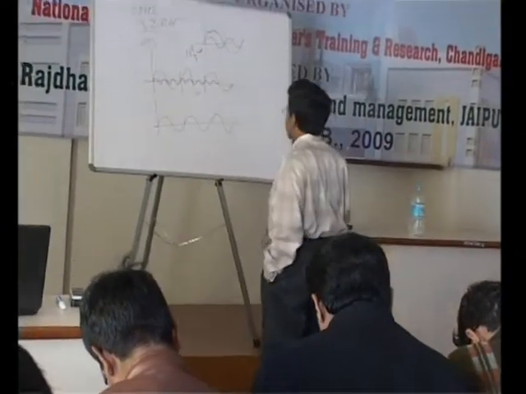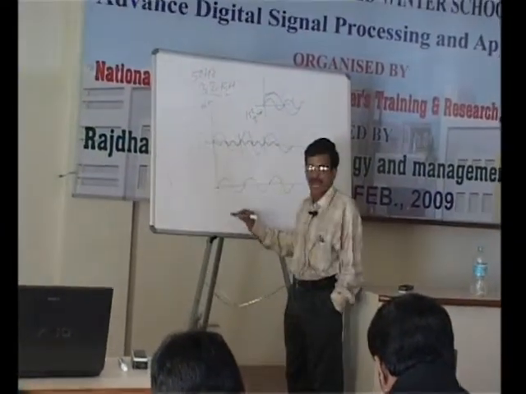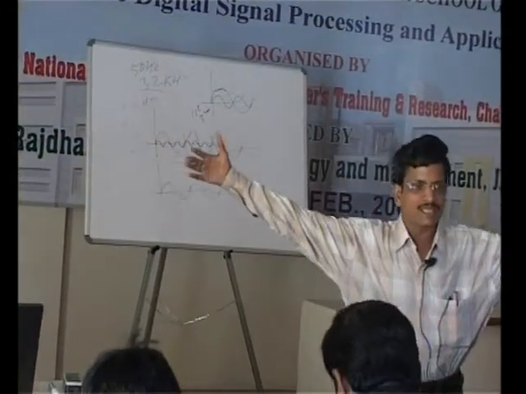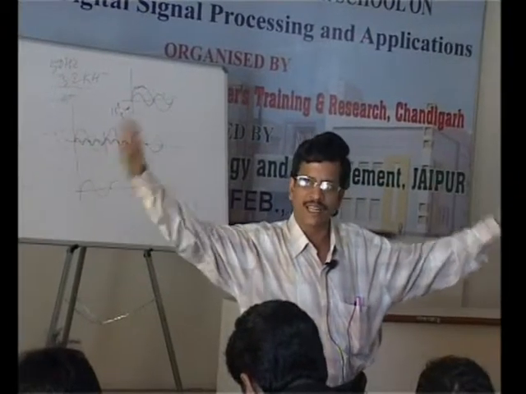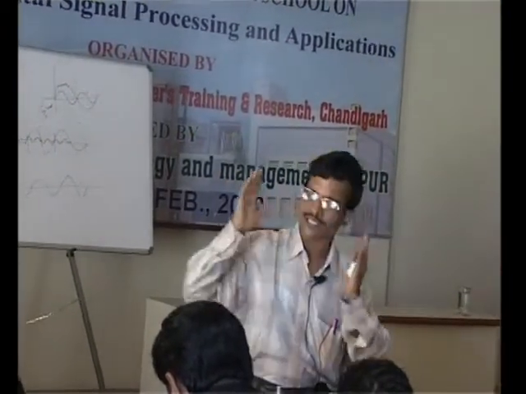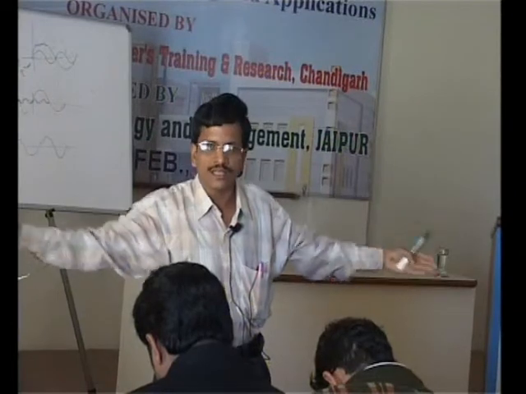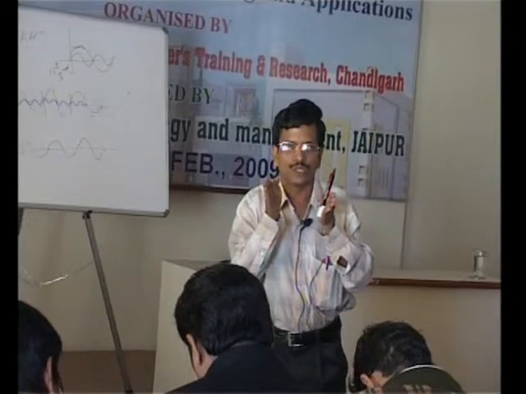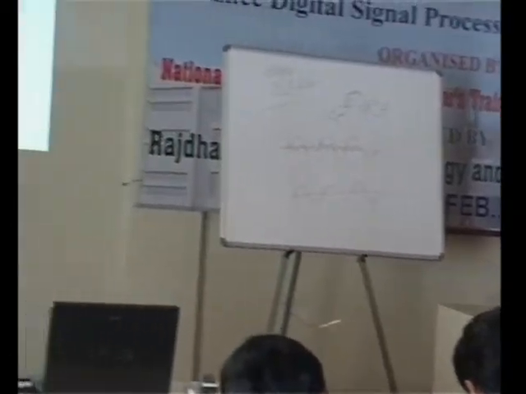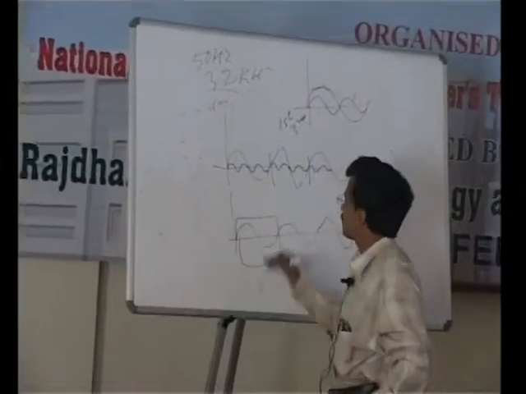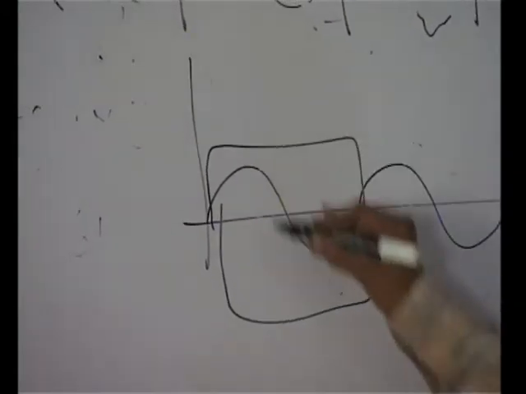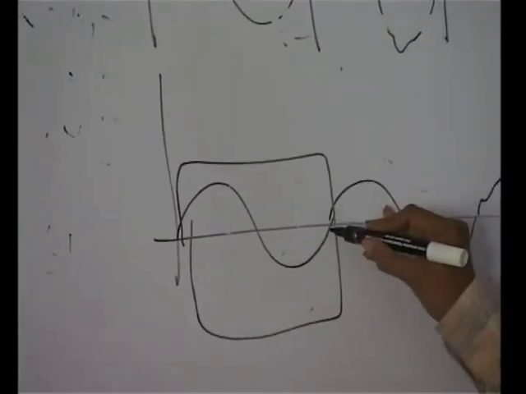So what happens in the short time Fourier transform? Rather than going to mathematics, I will just give you the idea. Suppose now in Fourier transform, what you are doing? You are looking at the signal. First you take the number of cycles, 10 cycles, 5 cycles, 2 cycles, and you are looking at the signal through the larger window. Instead of that, I will now look into the signal through a narrow window or small window. So now what will I do? Suppose my window is like this. I will analyze the Fourier. So what information does it give? It will give you as if the fundamental is present only.